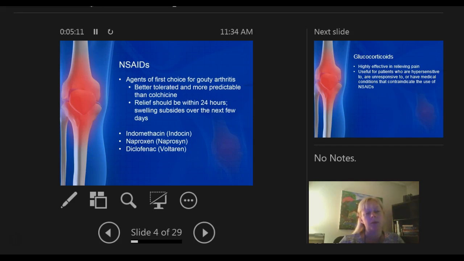So indomethacin is definitely more on the COX-1 side, whereas naproxen and diclofenac are more COX-2. Naproxen's a little bit of a more even mix of both, I should say, but indomethacin has been around for forever and a day. It's got a lot of side effects. GI side effects are just huge with taking the indomethacin. So, anyways, but first choice: indomethacin, naproxen, or diclofenac. It's highly effective, and it's so highly effective that if they take the dose, then they usually start feeling better within 24 hours.